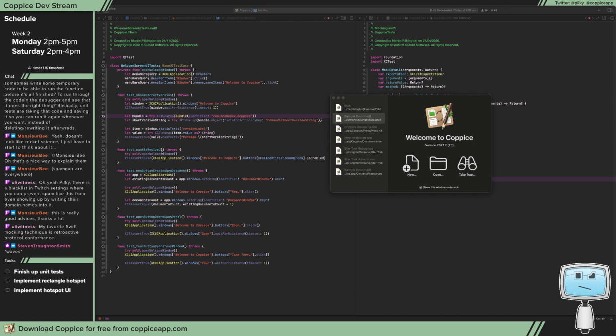Can make sure that it can't be resized. For that, I'm just effectively checking, is the zoom button disabled? New button creates a new document. So I get the